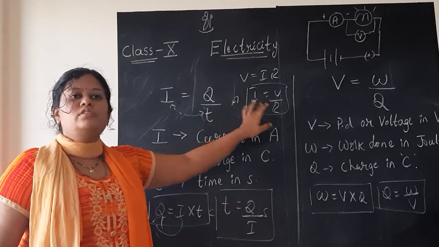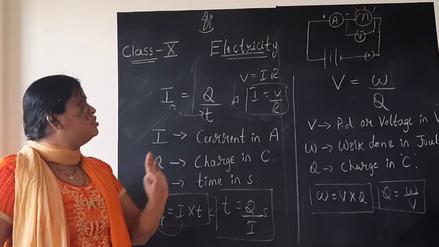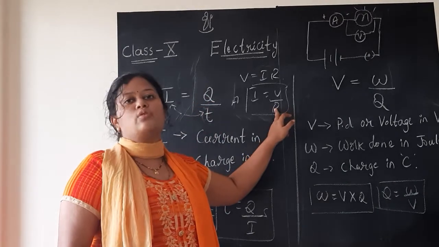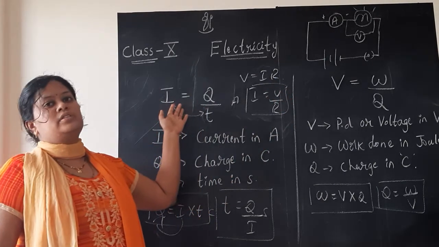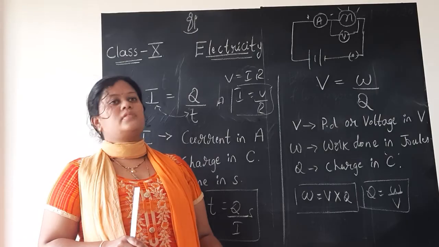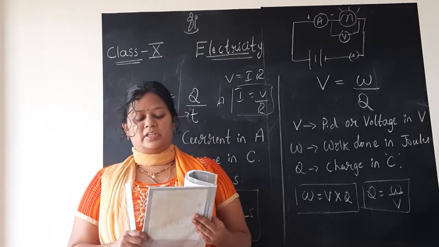You can use both the formulas once you are thorough with the whole lesson. But based on the data again, charge and time is given, if current is given, you cannot use Ohm's law, right? Similarly, voltage or resistance is given, you cannot use I is equal to Q by T formula. Both are correct. So these are the two basic formulas which we need to remember, children.